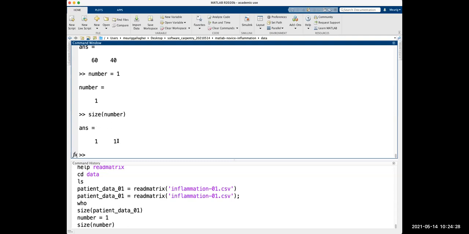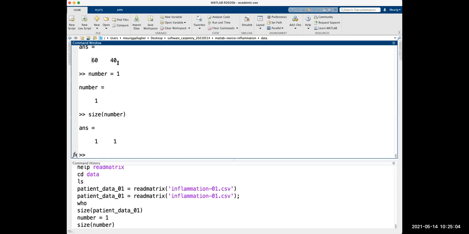So vectors are 2-dimensional, numbers are 2-dimensional, matrices are 2-dimensional, so they have rows and columns. But you can also go further than that. You can have as many dimensions as you want, and we'll show you how to access them as we go along. So tables, matrices, these are all big arrays with multiple numbers of dimensions. Single numbers are just exactly the same. They're just an array. They've just got 1 row and 1 column.